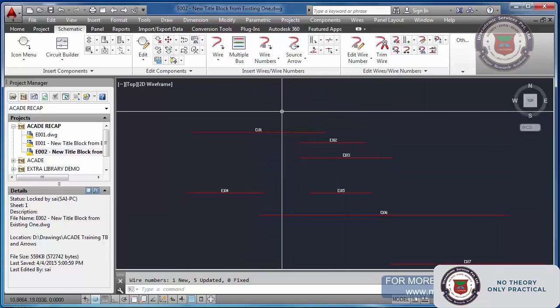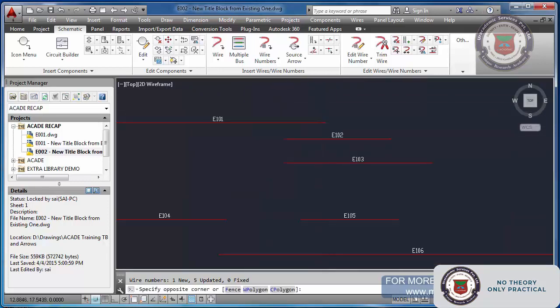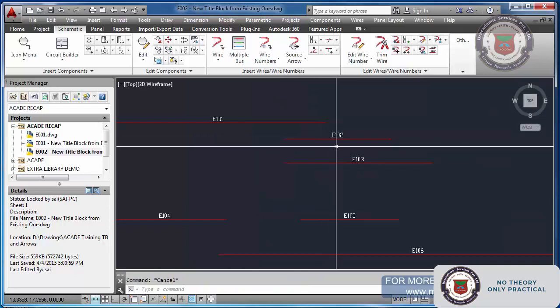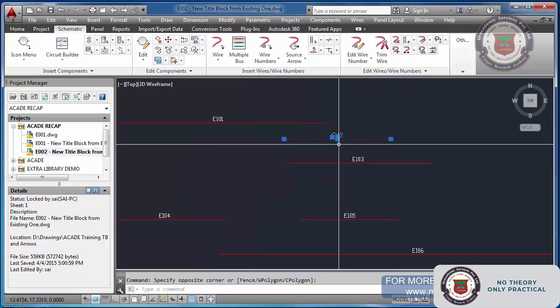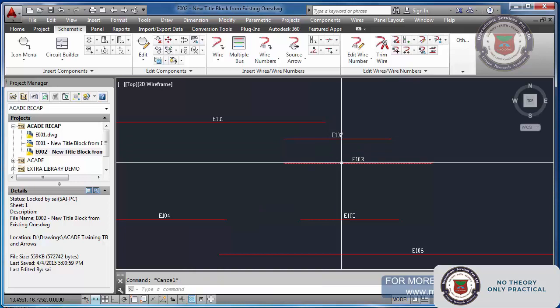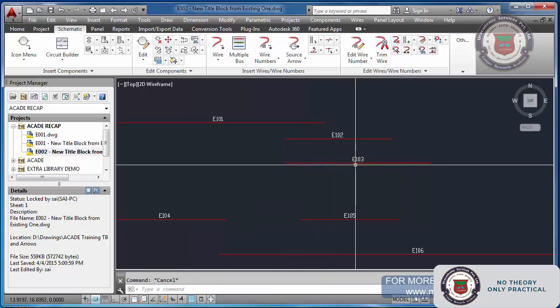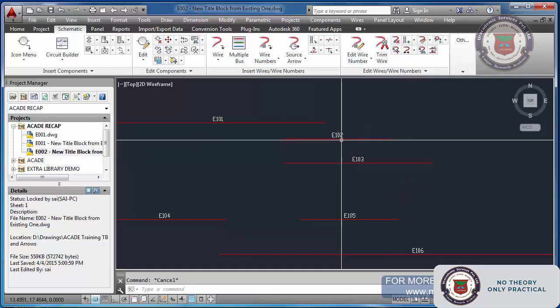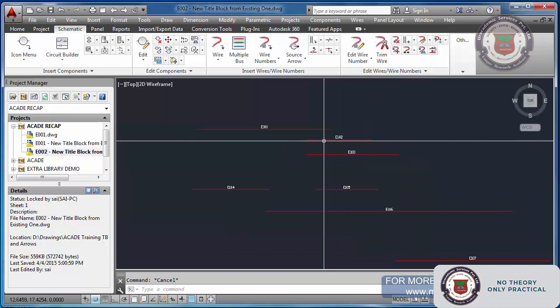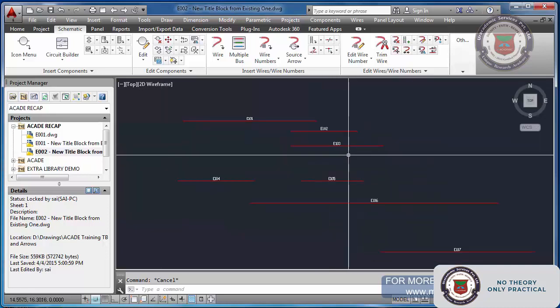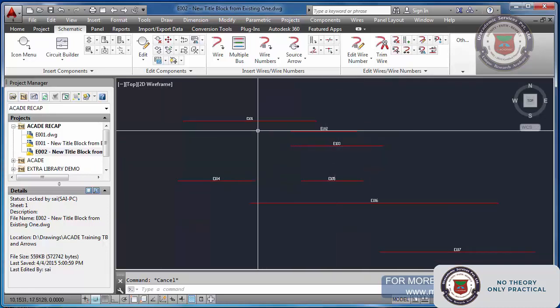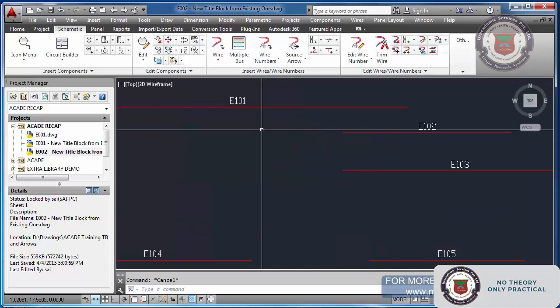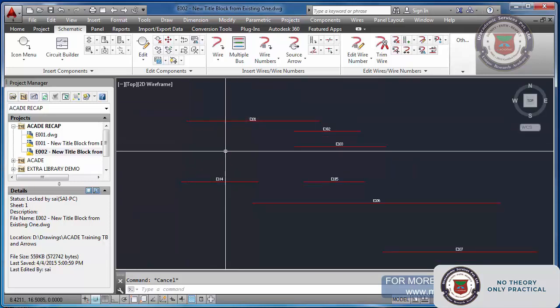So when it comes from top to bottom, this comes second. Earlier this wire was not there, so this was the second one. So it put E102 in this particular wire. Now we have drawn a fresh wire. This is how the program reads. So you can of course add a prefix like this to your wire numbers. That is very much possible.